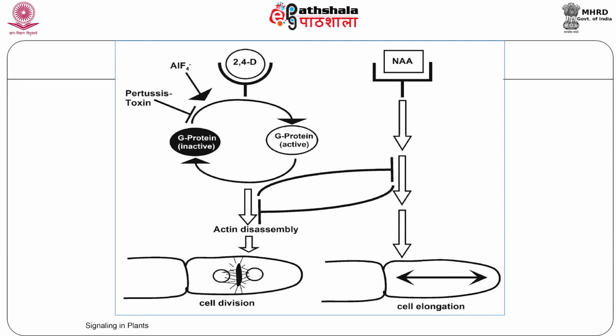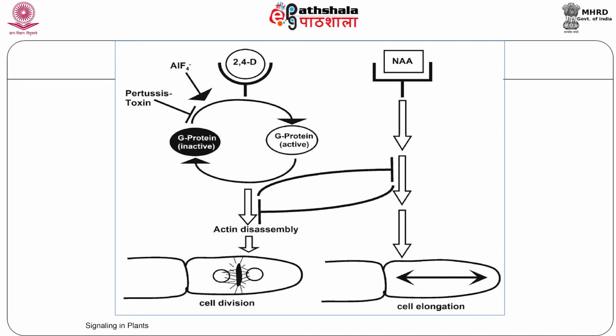The figure shows a model for bifurcation of auxin signaling in the regulation of cell division and cell elongation in tobacco cells, according to Campanoni and Nick in 2005, modified according to Raman et al. 2007. The auxin receptor with the high affinity for 1-naphthalene acetic acid regulates cell elongation